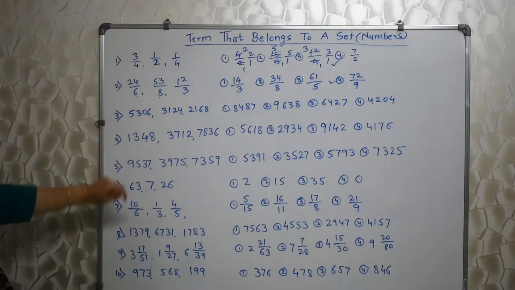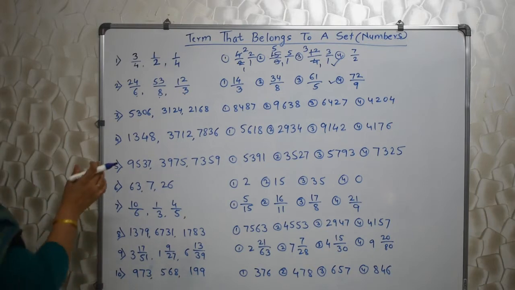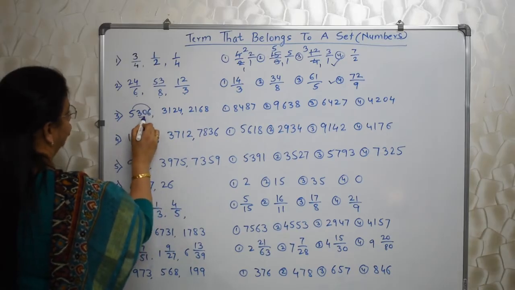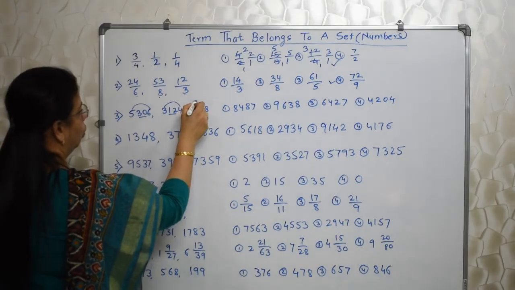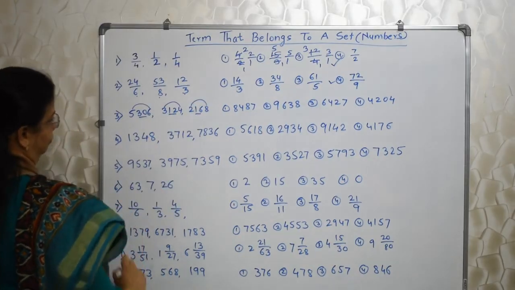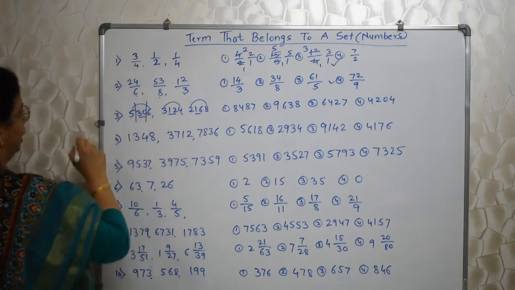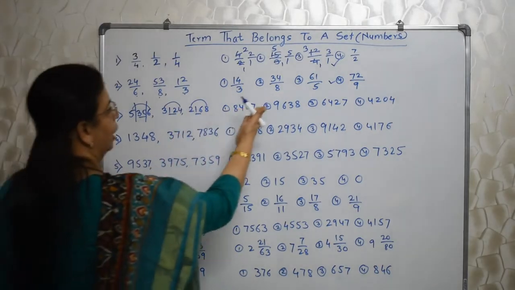Look at this, observe. 4 digits means you have to break. How you have to break? That you need to analyze. How can we break and find some relation? 5 into 6 is 30 which is given in the middle, 3 into 4 is 12, 2 into 8 is 16. So they have broken numbers like this, a 2 digit number in the middle and 1 digit on the side. So you find out, take the help of options.